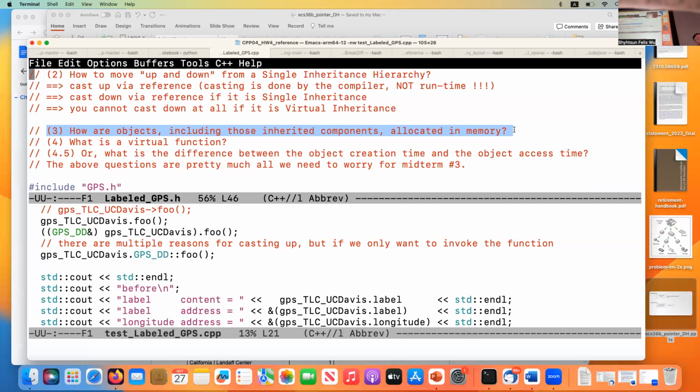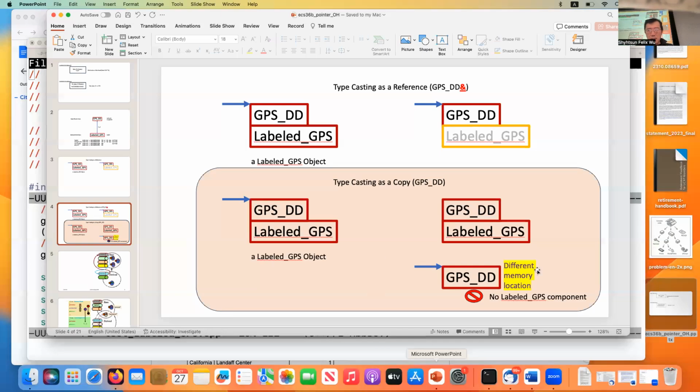Remember the slide I showed you: we don't have the component. When you force the compiler to guess, it thinks your label GPS must be over here, and therefore it prints whatever is in that region of memory, but that region belongs to some other object. That's why you're printing somebody else's result, which is definitely a logical error.